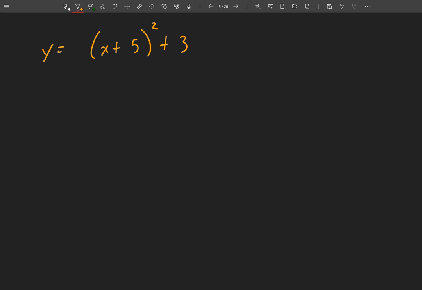And I ask you to find the y-intercept. Well, you know that the 3 is not the y-intercept, right? We recognize that the last term in vertex form is not the y-intercept, because this is not standard form. But we do know that if we were to turn it into standard form, then the last term would be, in fact, the y-intercept. So if you think about what would happen if you were to multiply all this stuff out,